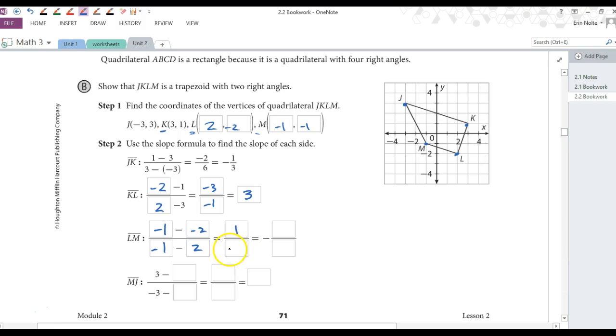On the bottom, I have negative 3. So this one again, negative 1/3. So hopefully at this point you go, J and K and L and M are parallel because they're the same. Okay,